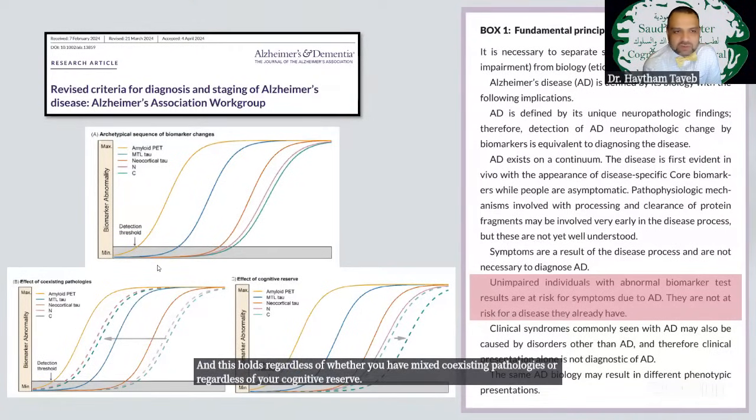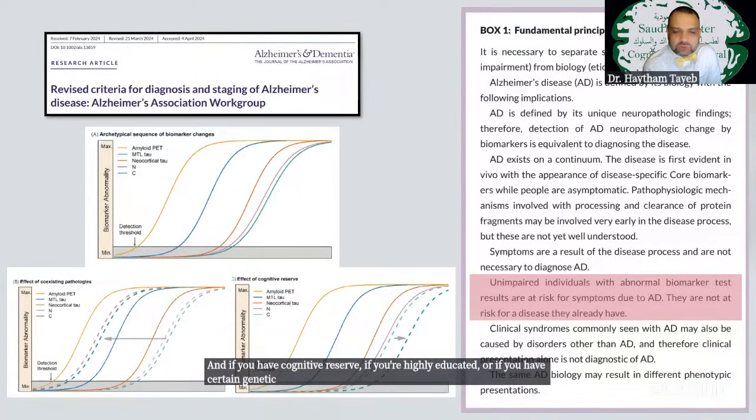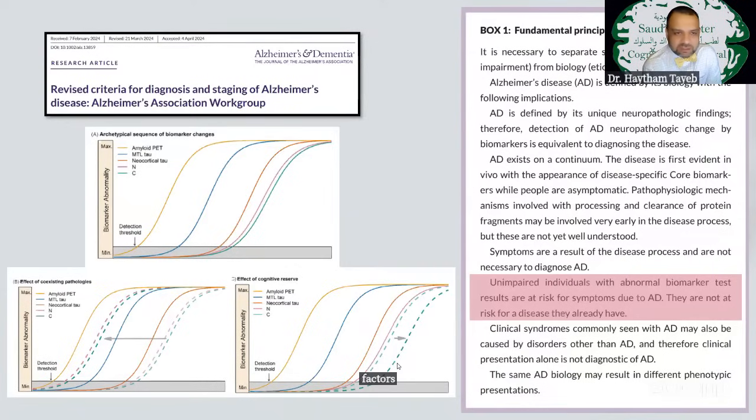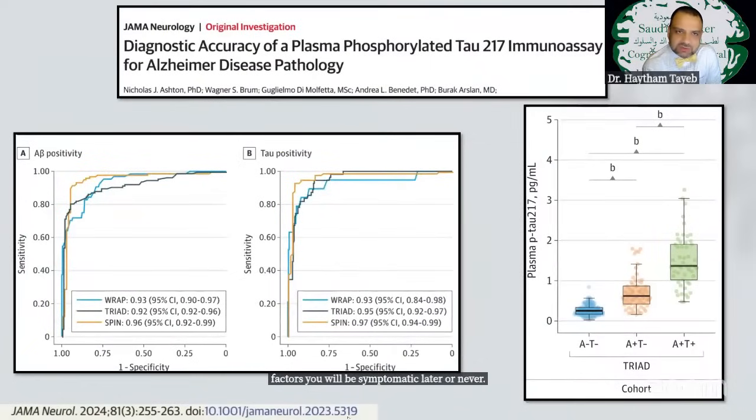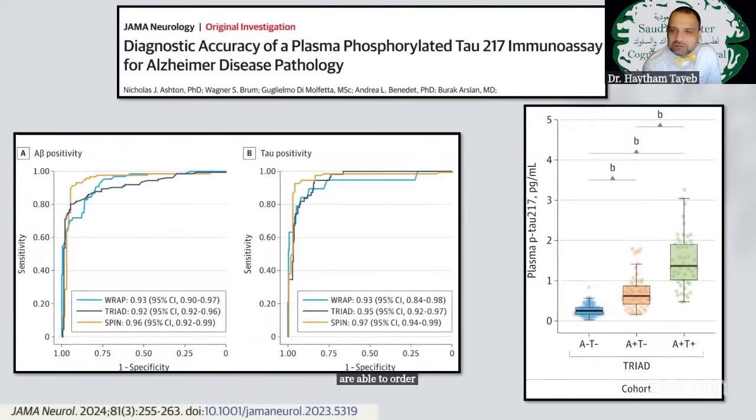If you have amyloid and you have mixed pathologies, you may be symptomatic earlier than if you didn't. And if you have cognitive reserve, if you're highly educated, or if you have certain genetic factors, you will be symptomatic later or never. All right, and so this is p-tau 217, which I mentioned. It's a blood test that we are able to order in certain centers, and it tells you whether you have amyloid and or tau, and it gives you a 3-level